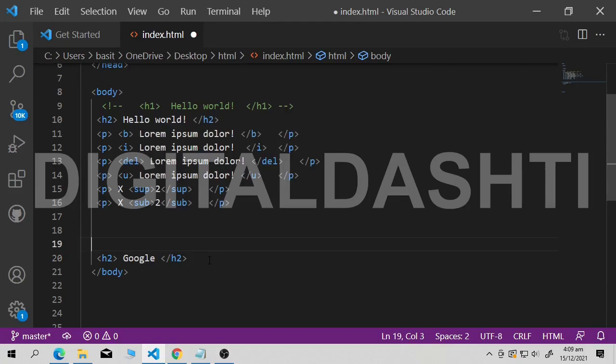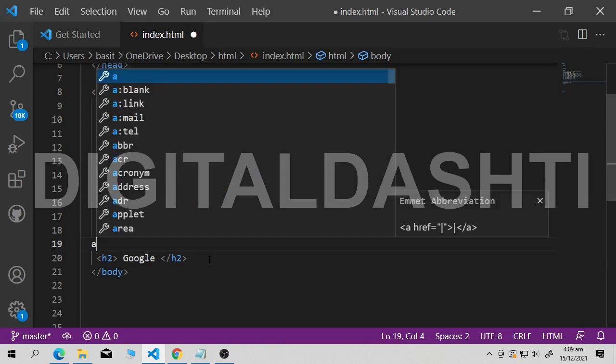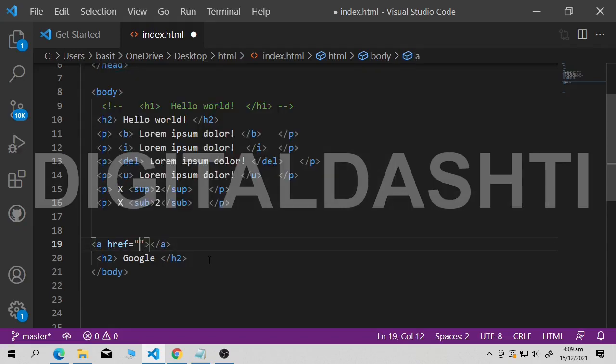Now I will show my HTML links. You can use the anchor tag for it. Do you know what an anchor tag is? An anchor tag is used to redirect to links, hyperlinks. So I will write a. The closing a tag will come after here. I will remove the h2 elements.